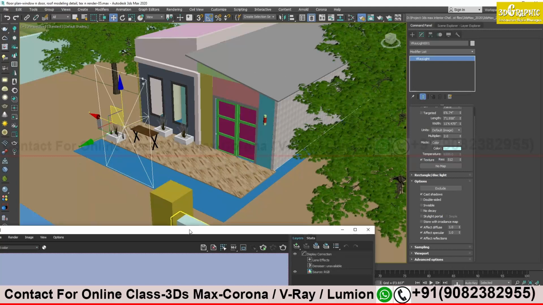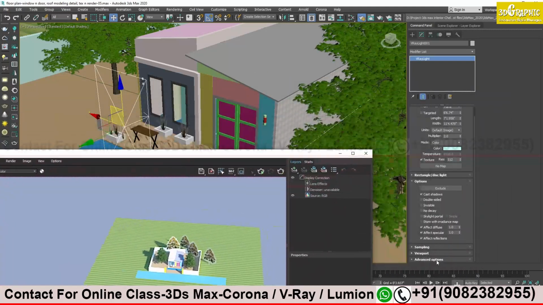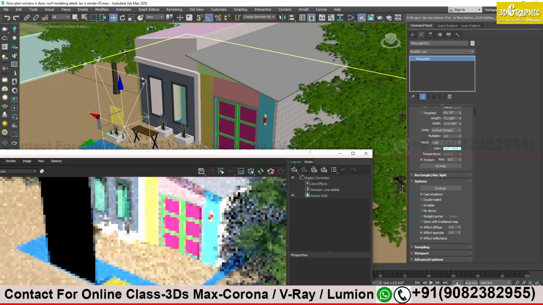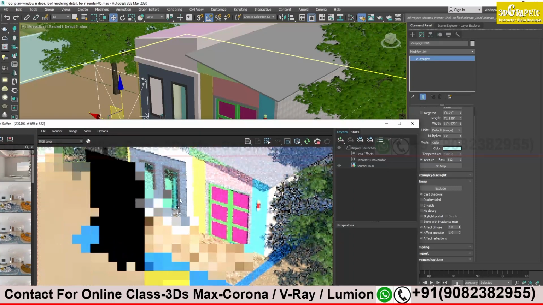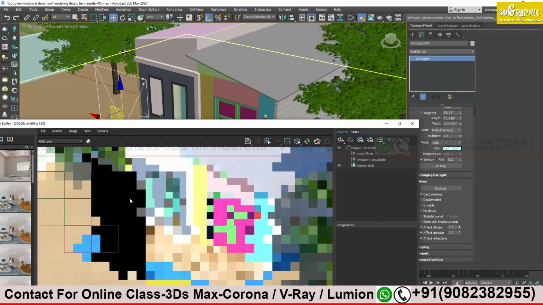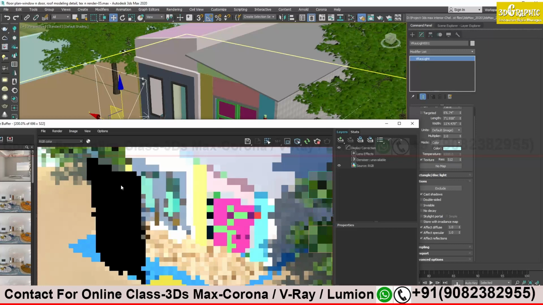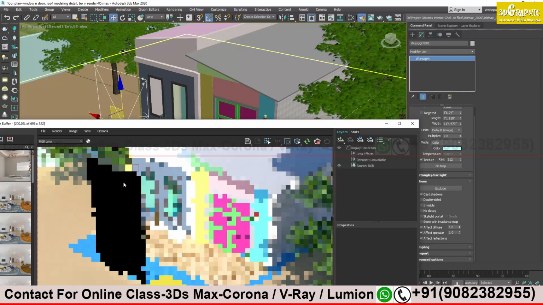First let me render this to see what result I get, and then I will do further changes on the property. Let's quickly render. You see the black color image is coming? The back portion of the light is always black, it will come like this.